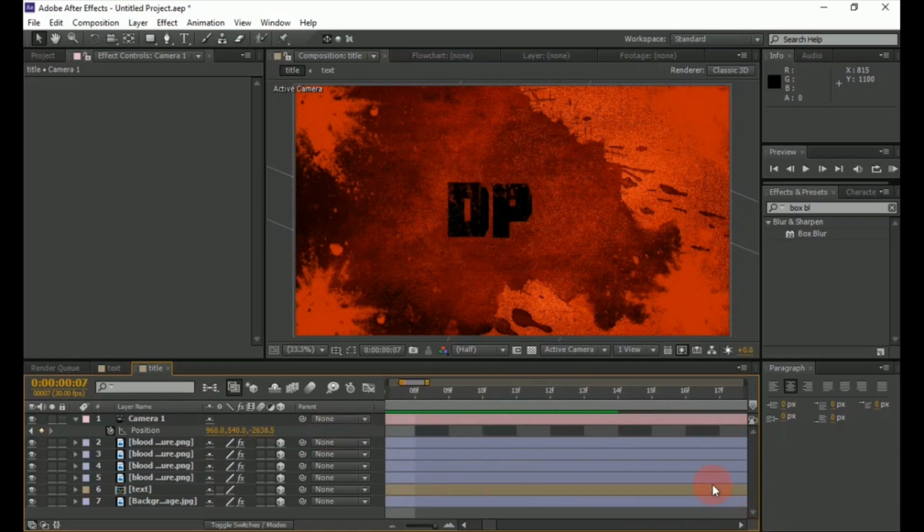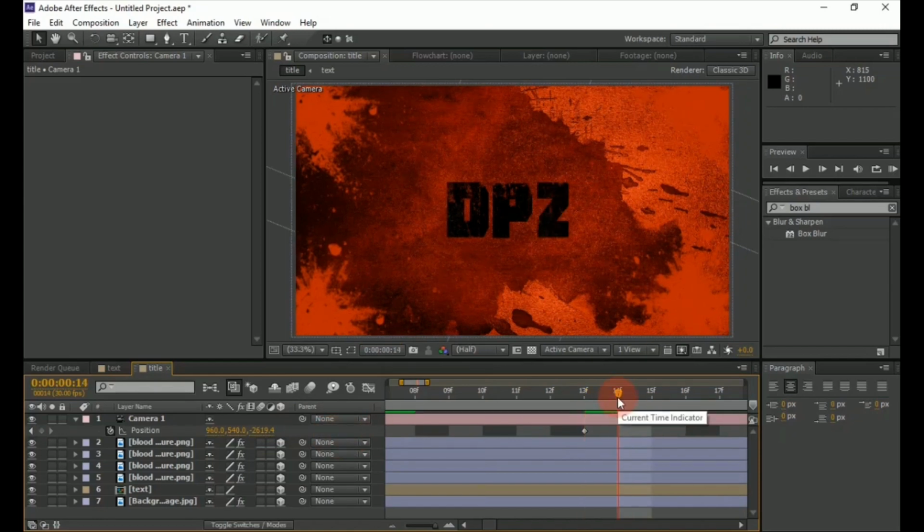Now go to 13 frames position and change the Z value to 2619.4. Now go to 14 frames position and change the Z value to minus 2334.9.